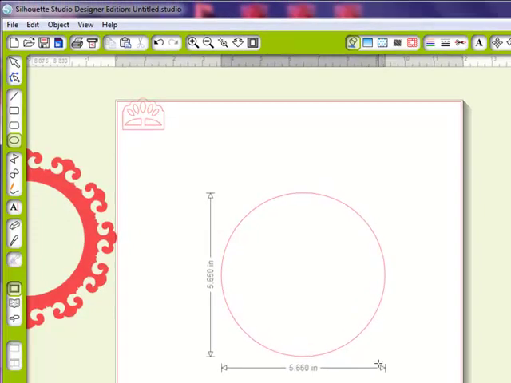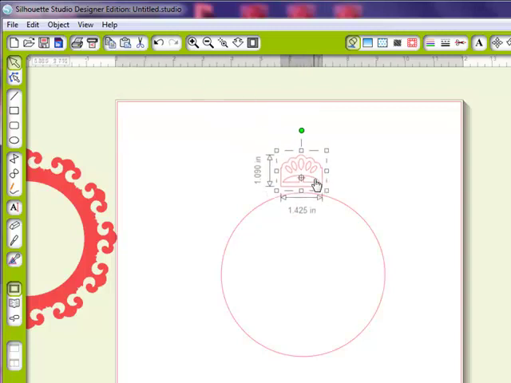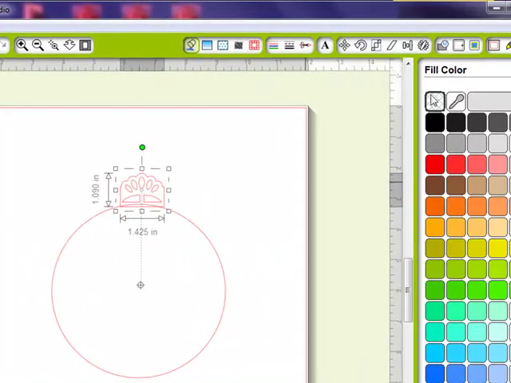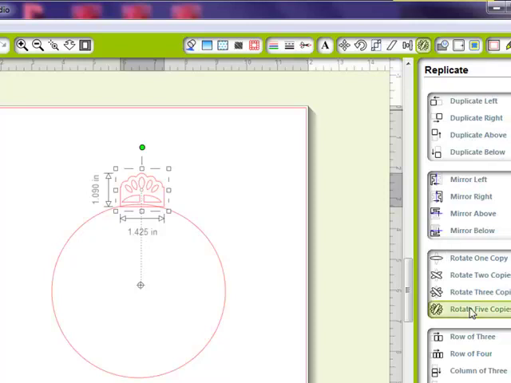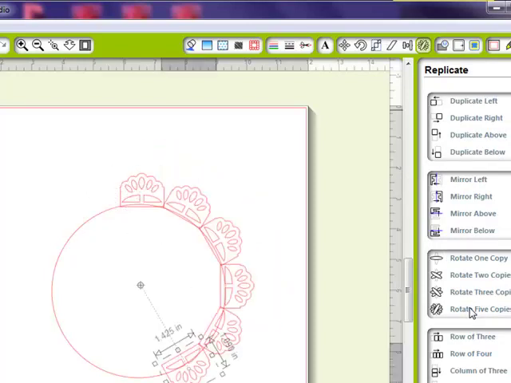And luckily, I've already cut this piece out of a border, and this border came from one of the freebies from Silhouette America on that Tuesday freebie thing. So I'm going to kind of eyeball this again, and I'm going to drag this out. I always try to start about middle, but here I'm going to start a little less than middle. See how it looks? I'm going to go over here to the replicate window again, rotate 5 copies, and that